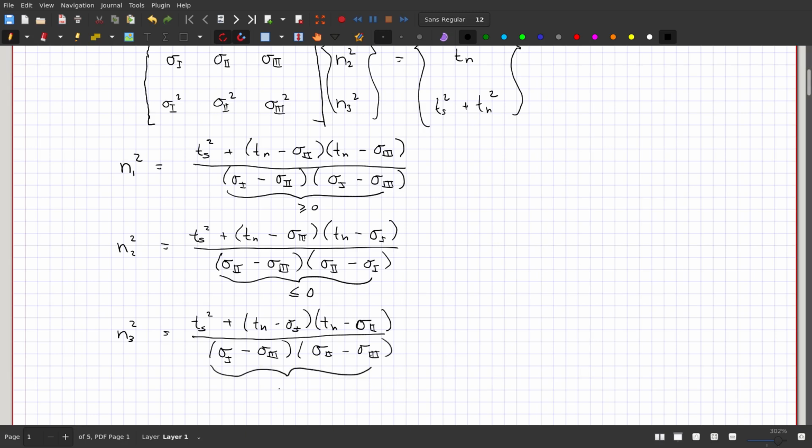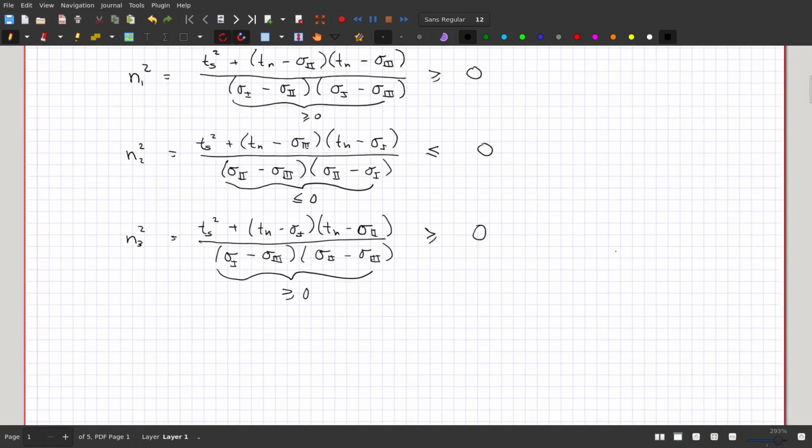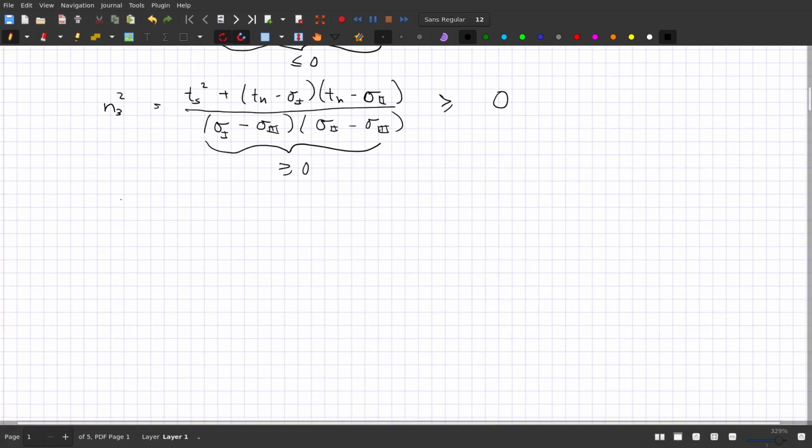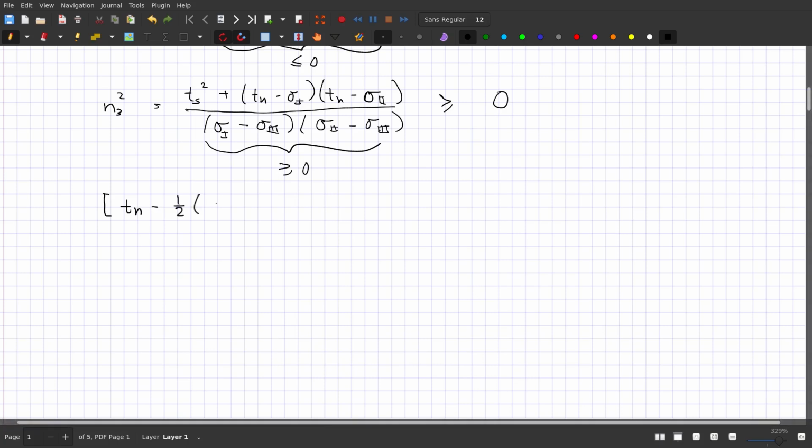This is greater than or equal to 0. So with that, we know the expressions will be greater than or equal to 0, less than or equal to 0, greater than or equal to 0. And then we can multiply out the denominators, get rid of them. And then finally, we get this equation: Tn minus 1/2